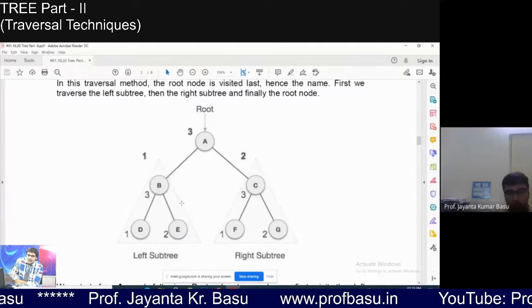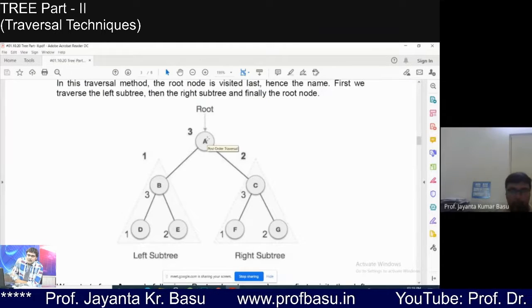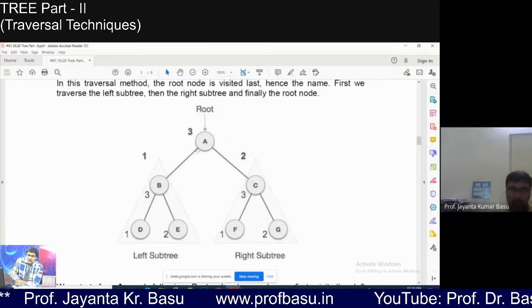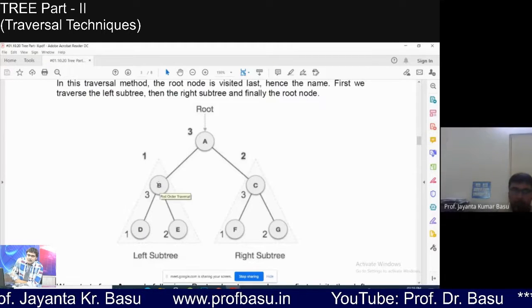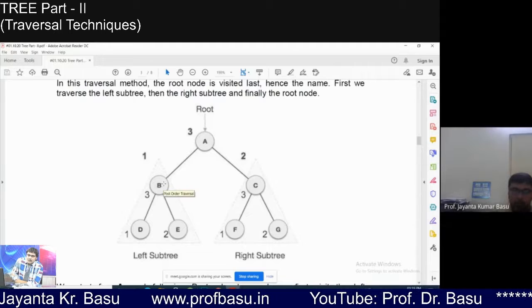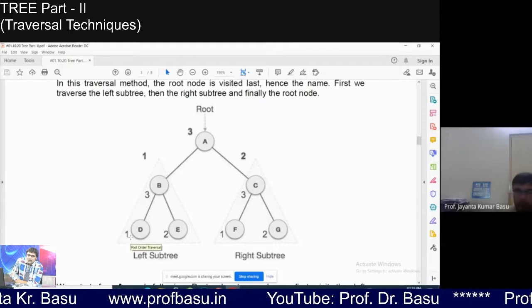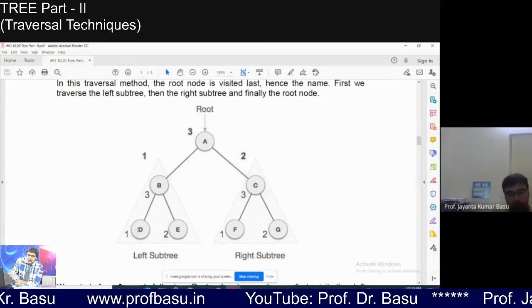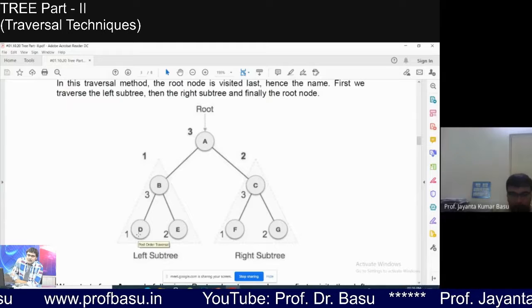So first we will visit the leftmost node, right? Starting from here, the root we will discard, then the left subtree. We have to visit the leftmost node. D is the leftmost node, so we will visit this one, D.